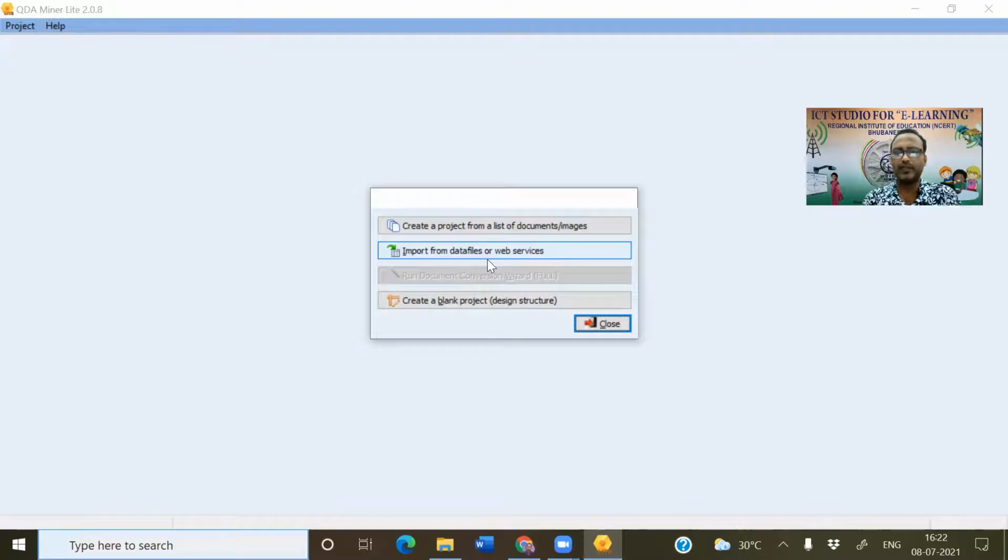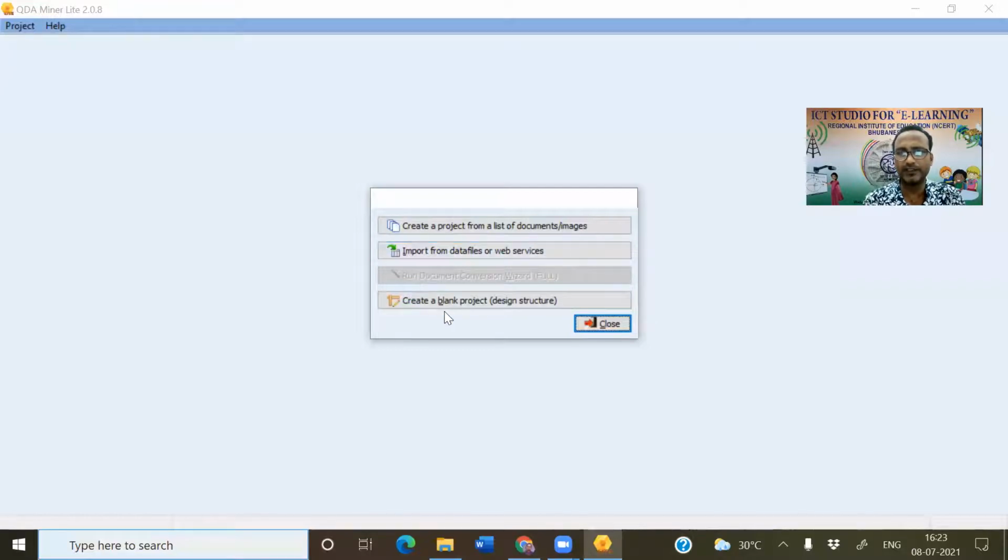So this is software where, suppose you want to get data from Facebook or from your email, all your email can be imported here and you can analyze it. For example, if you want to work on the Facebook postings of one particular individual or 10 individuals, the entire Facebook data can be imported here and analyzed.